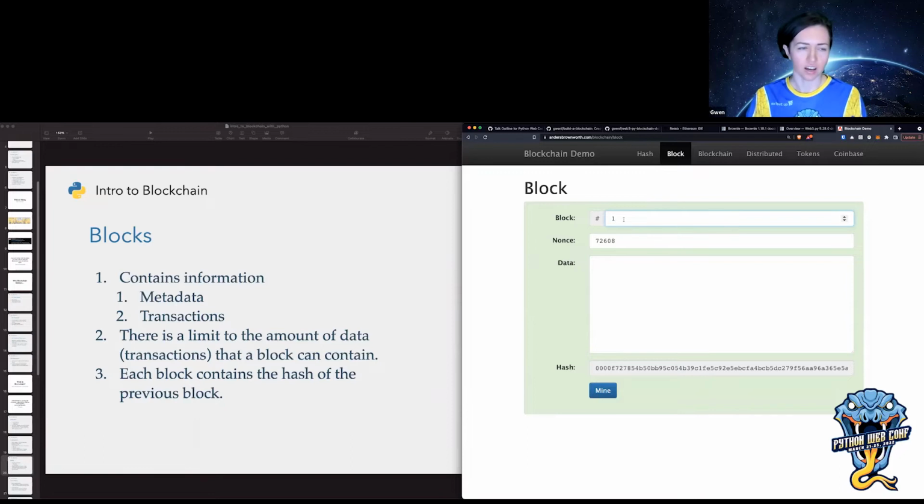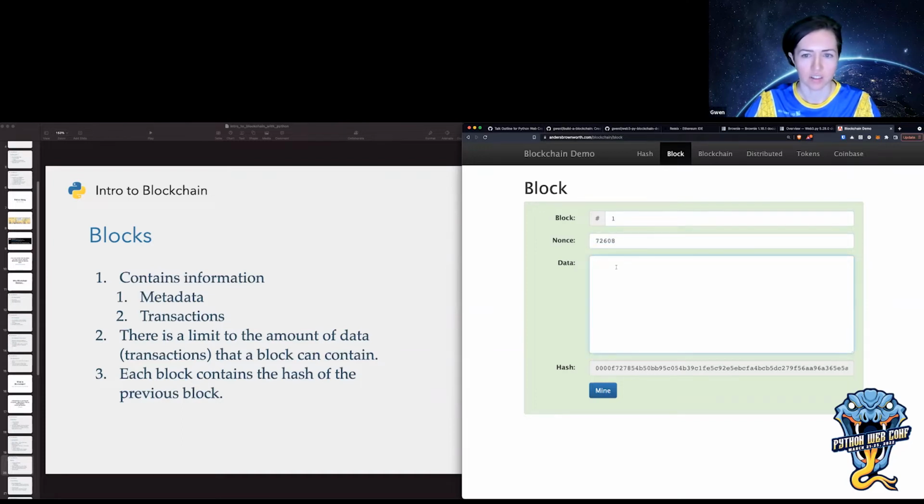By the way, in this talk, most of the information comes from the Bitcoin and Ethereum world, but it's applicable in the larger space of blockchain as well, even though different blockchains will implement things a little bit differently. So we have a block number, and then we have something called the nonce, which stands for a number only used once. And I'm going to get to that in a second.